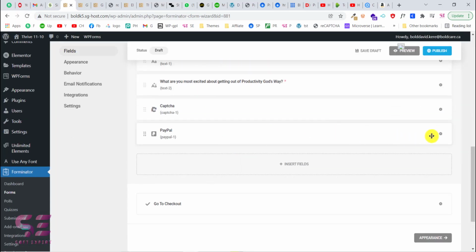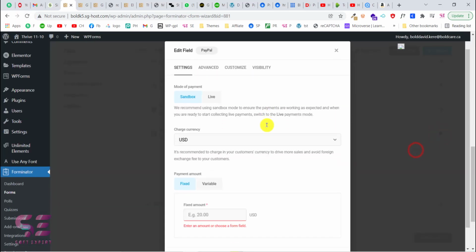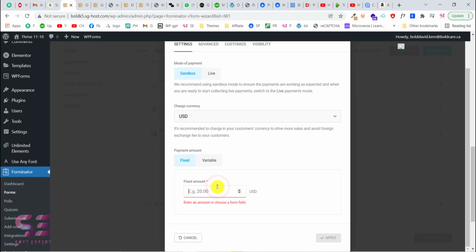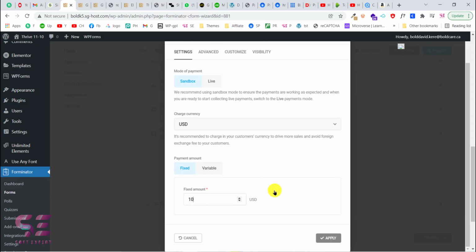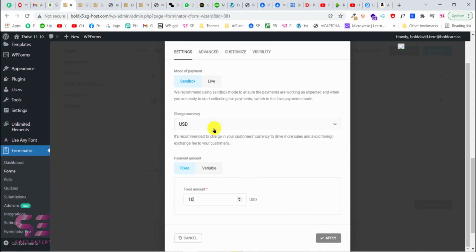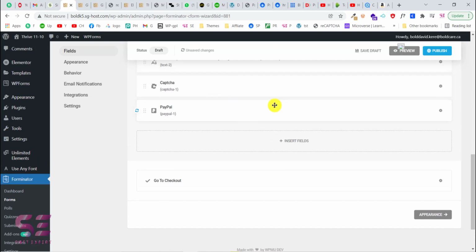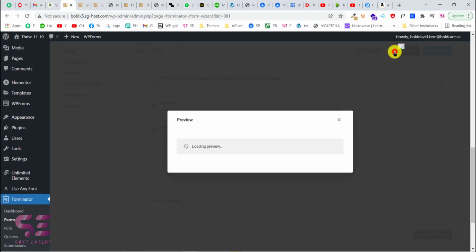Now if I go to the settings, then as you can see we don't have any warning as we have connected our PayPal. Again, let's write an amount, for example 10, and I'll choose the currency to be Canadian dollar, and now let's click apply, and that's it. Now if I preview the form,